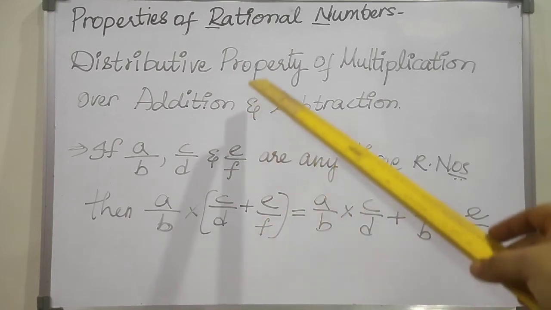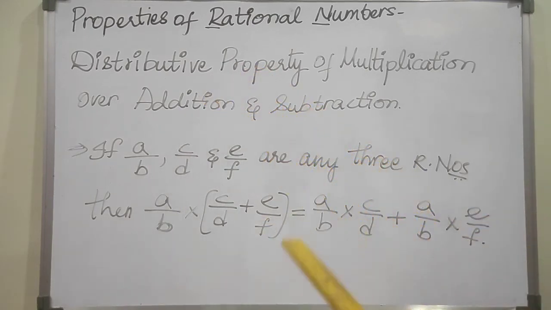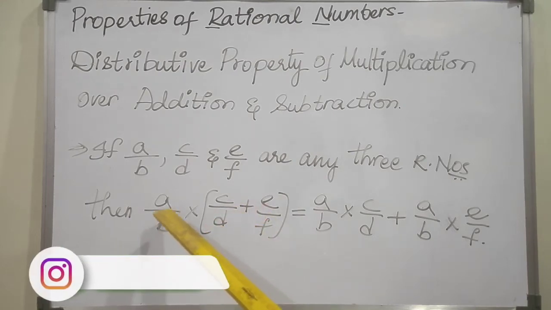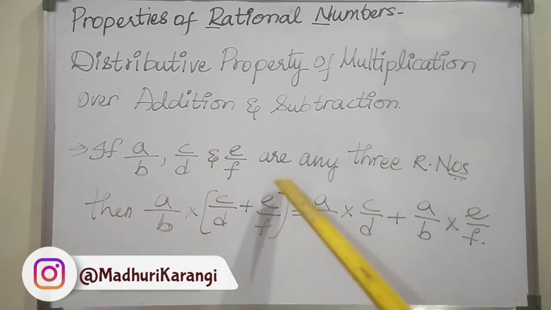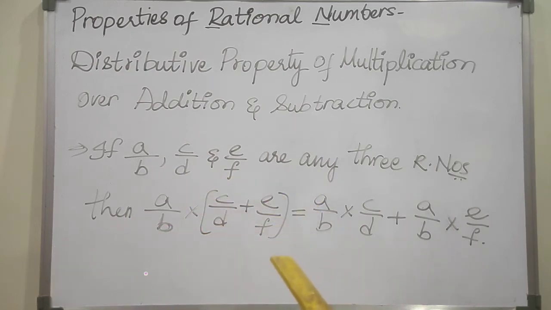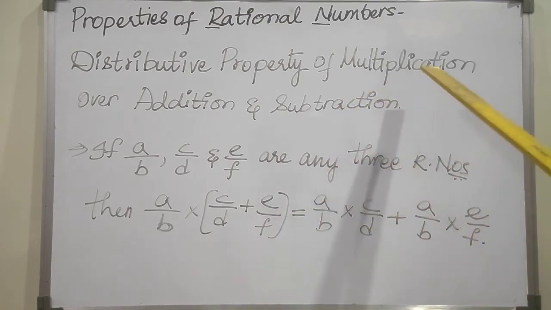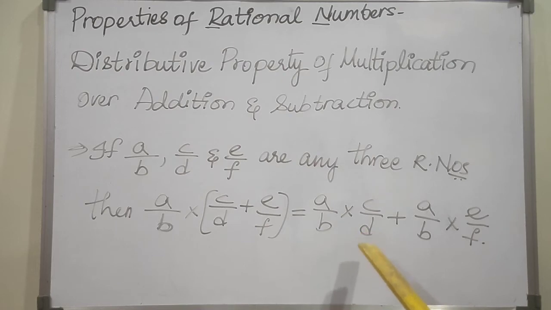That is the meaning of distributive here. You distribute the chocolates, you distribute tickets, you distribute with your friends, you distribute books, you distribute food. Like that, here also a by b is getting distributed within each and every term of this bracket. Understood? So the distributive property of multiplication over addition and subtraction has this rule, and if this rule is